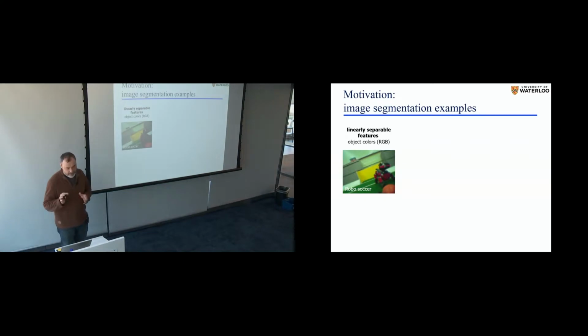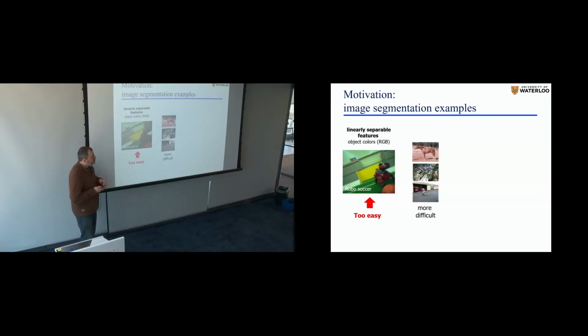Let me just give a little motivation for my talk. Segmentation problems range from simple to very complicated. The simplest example I can imagine would be something like this. It's from a robot soccer competition, where the image is made to look easy, where objects have unique colors. So basically you have linearly separable features to begin with, colors that can be separated by thresholding. That's really too easy.